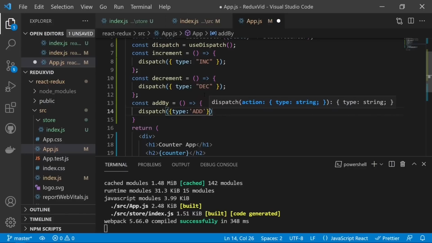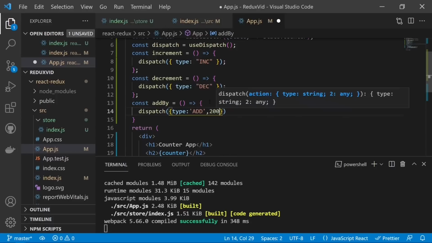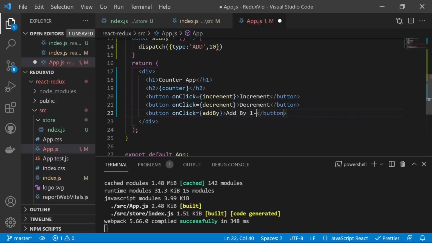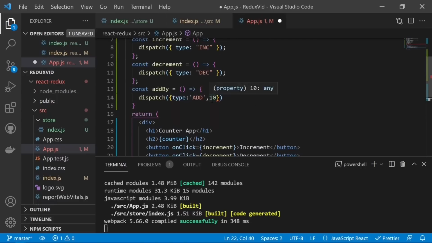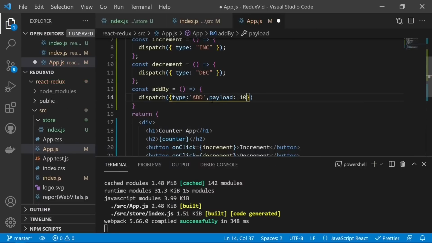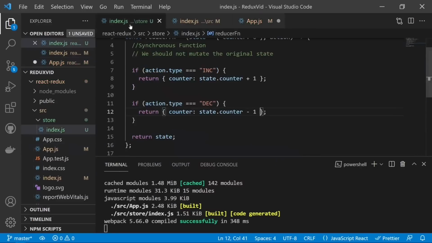And then I will provide the payload also, so the action is an object with the type and the payload property. If I provide the payload as 10, then you will see it will be add by 10. So if I save, the payload will be equal to 10. Now we need to go to the index.js store. So now, if the action.type equals add,